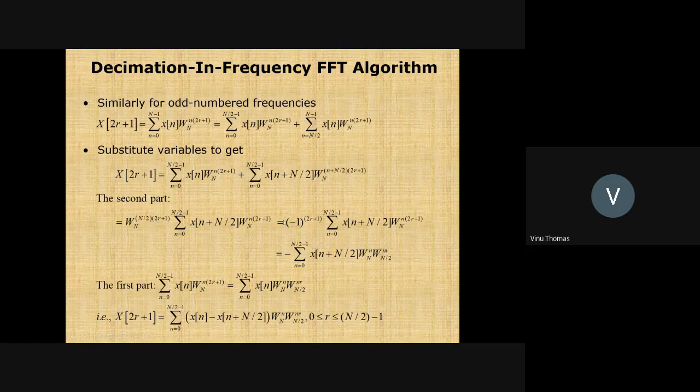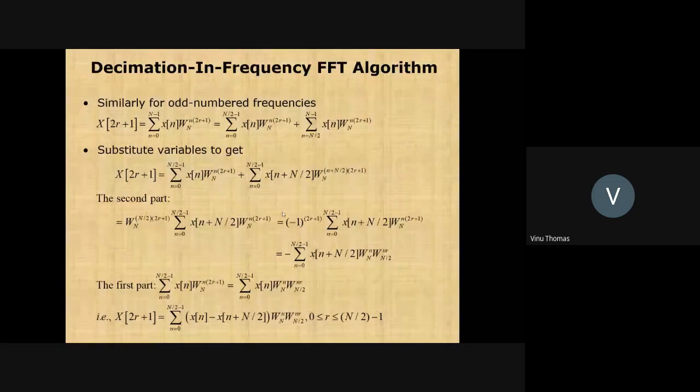So what is minus 1 the whole raised to 2r plus 1? r takes integer values, so 2r plus 1 should be an odd number. So minus 1 raised to an odd number could be minus 1 raised to 1. What is that equal to? Minus 1. Minus 1 raised to 3 is equal to minus 1. So minus 1 raised to an odd number, 2r plus 1 being an odd number.